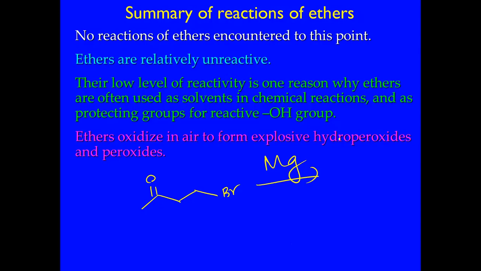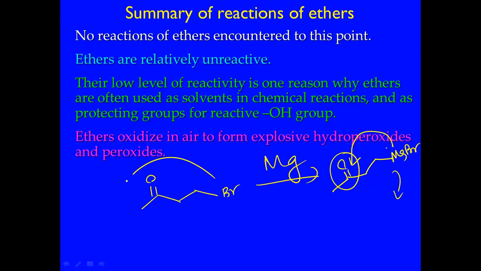If you treat that with magnesium, you would make magnesium bromide here, but that has another functional group within the molecule. It will react with itself, and so you cannot quite isolate the magnesium bromide. What would happen is this would react with either one molecule here, or it would react with another molecule of the same particular group. So at the end, what you would have is